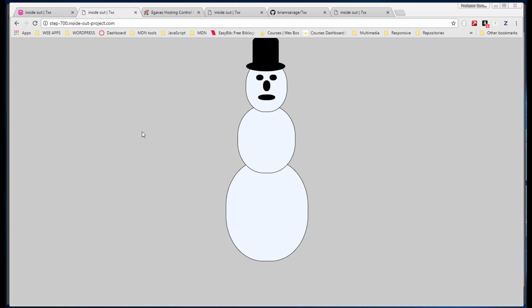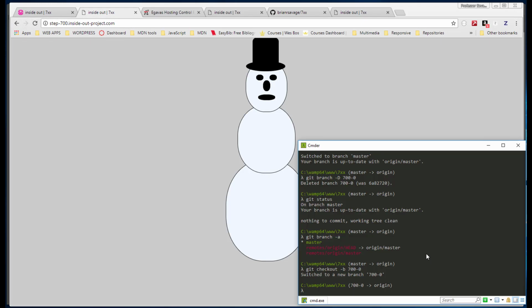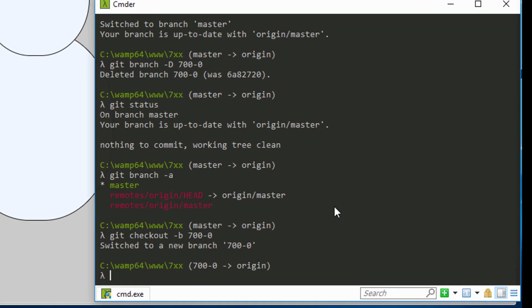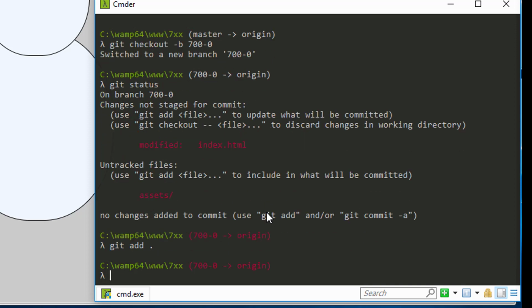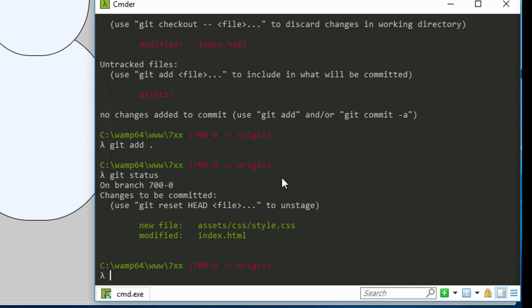Awesome. So before we're done, the next thing that we want to do is a quick git status and commit. So we're in git commander. Let's run a git status. We can see that we modified our index, and the assets folder and whatever is in it was added. So let's go ahead and do git add, run another git status, and we'll see that our style sheet's waiting there and our index is there. So let's do git commit